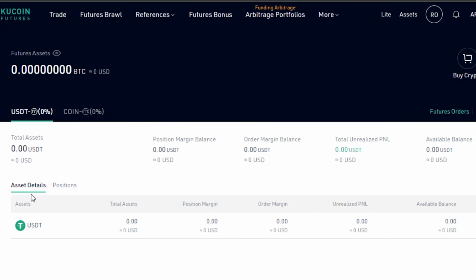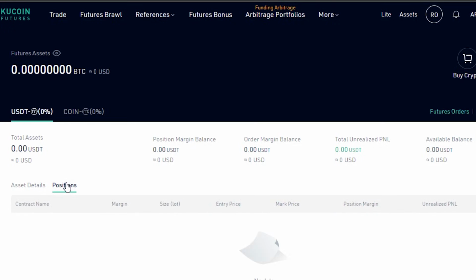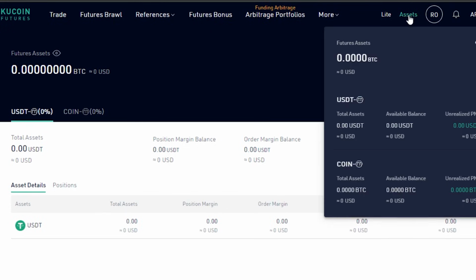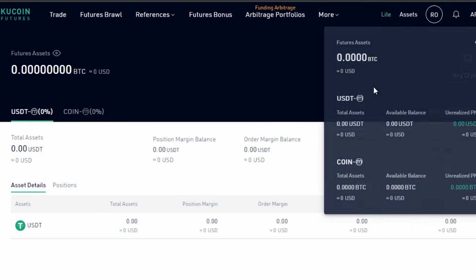You can also get your own assets such as USDT. You can also check your positions. In here, you will get the entry price, mark price, and position. So the more assets you will have, all of the assets will be shown here, and this is like your basic profile. We also get the Lite option of KuCoin futures, and it will directly take you to